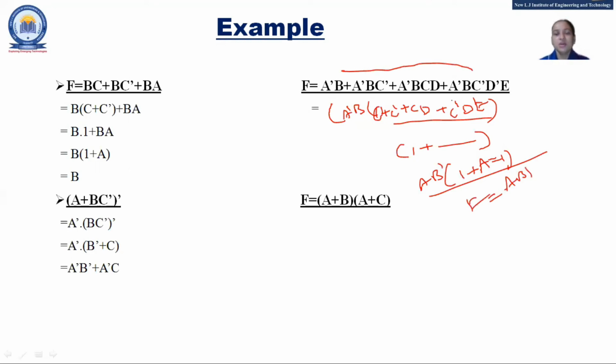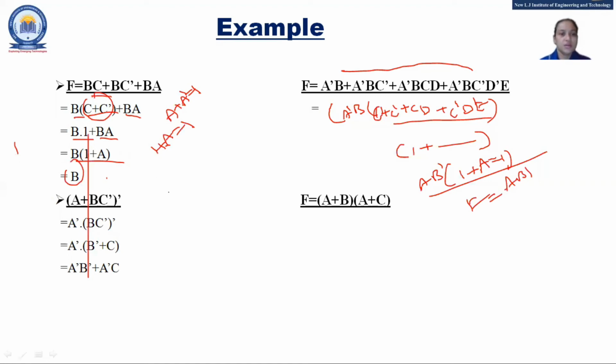But using the Boolean algebra laws, it becomes very easy. Now here, what is common? B. C plus C dash, and B, and we know A plus A dash is equal to 1. So B plus BA. Now B is common, 1 plus A we know is 1. So we are left with B.